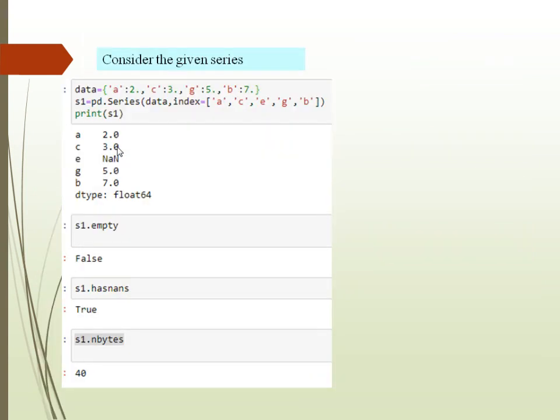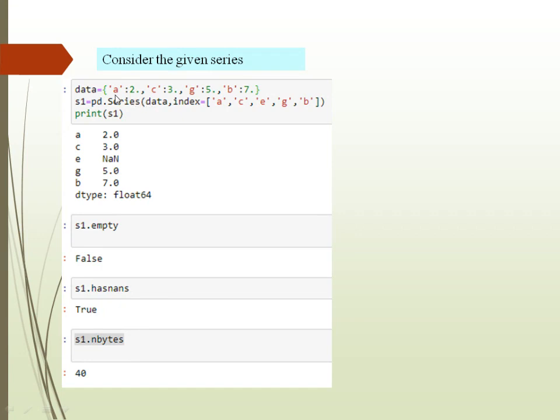Consider again the given series. I have changed the series. Data equals to A, C, G, B. I mingled the values. Okay. Then S1 equals to pd.Series(data, index equals to A, C, E, G, B). So indices are also changed. Now what will the data do? Do you remember?